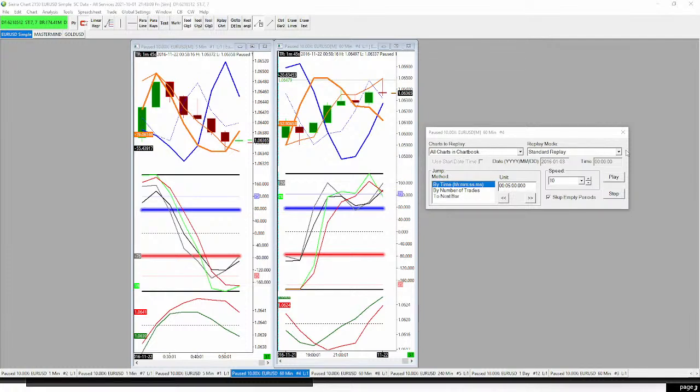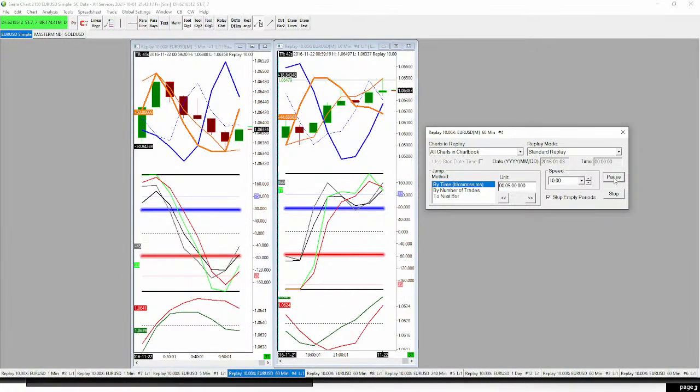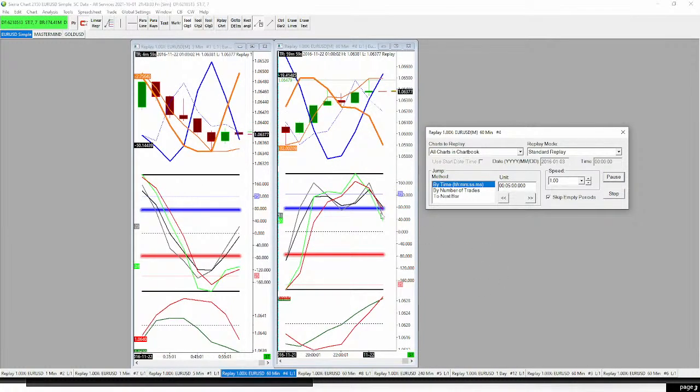Now right here, they're not pointing in the same direction, and I don't think they end pointed in the same direction either, but let's just go to the end of it. 5, 4, 3, 2, 1, 7 seconds. So right there, we can see that they're not both pointed down. But on the next candle, just wait for that, 3, 2, 1, right there, now they're both pointed down, so right there we would take our next sell, which is also ironically it looks like dirty pressure. Green on bottom, all 4 lines pointed down. So that's more verification, validation that we'd be taking a sell.